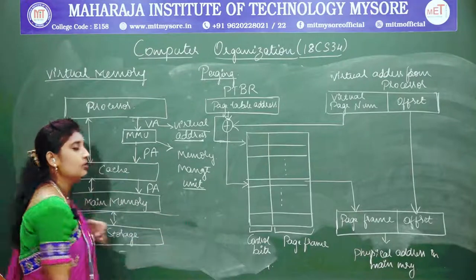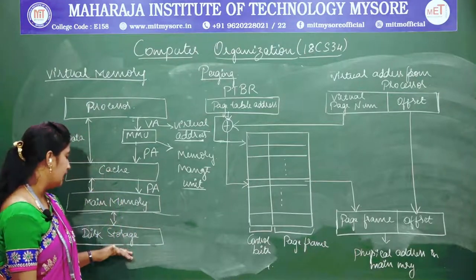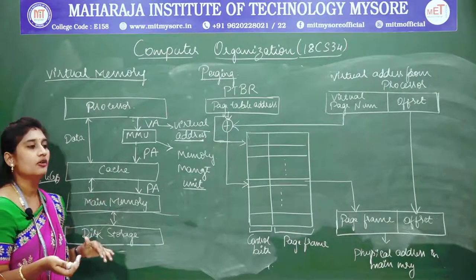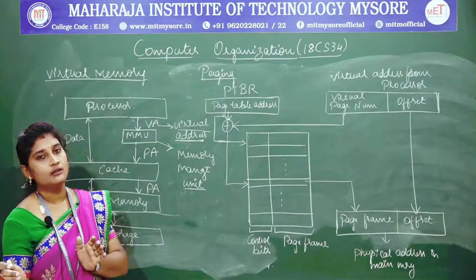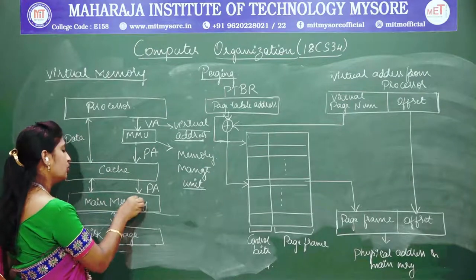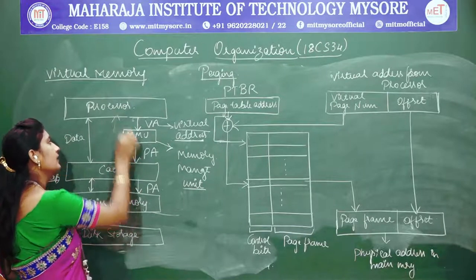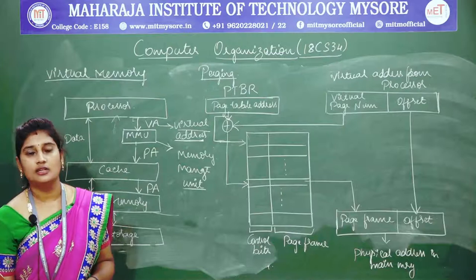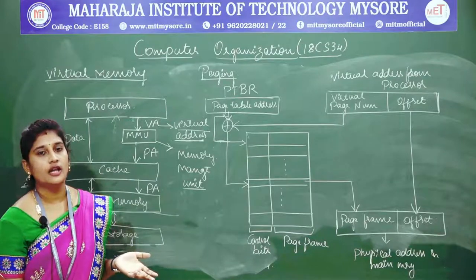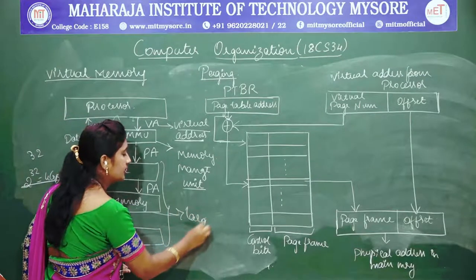Up to here the computer system is at the execution phase of the instruction, but the data present in your disk storage, the secondary memory, is not a part of the execution. It is a separate module itself. So you fetch the data from the secondary storage to the main memory, and from the main memory to the cache memory, and then the data is sent to the processor for execution. Obviously the time consumption will be more, but in terms of memory utilization you can view the memory as a larger size.